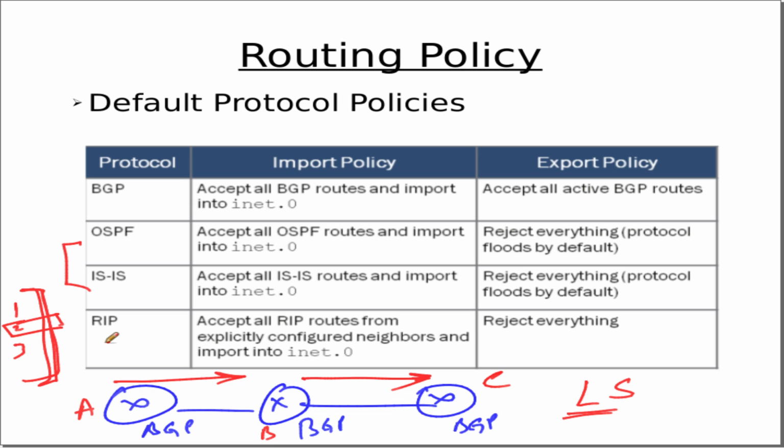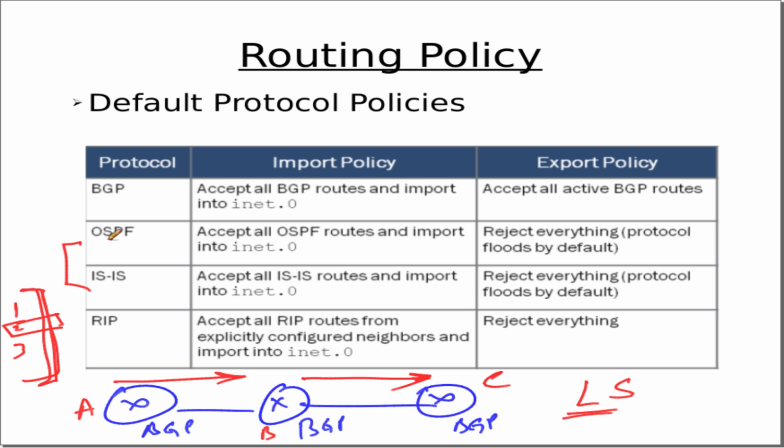Now RIP is a distance vector protocol, and the default policy for RIP is that it will accept all the routes from the neighbors that have been explicitly configured, and those routes will be entered into the main routing table, and by default it will reject everything. So if we have neighbor relationships with the routers, we need to explicitly export the routes to be sent to